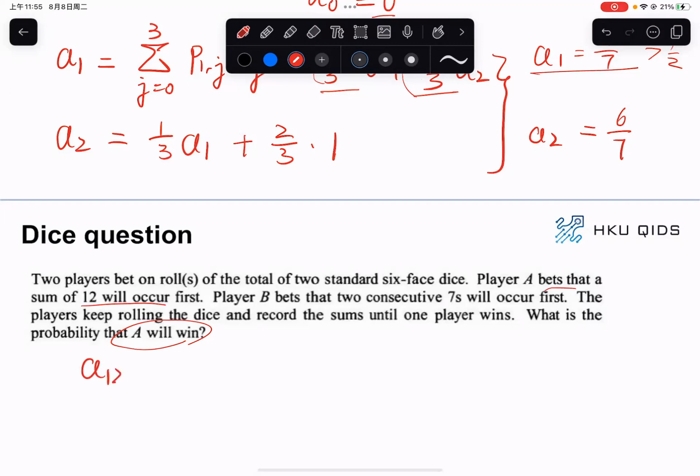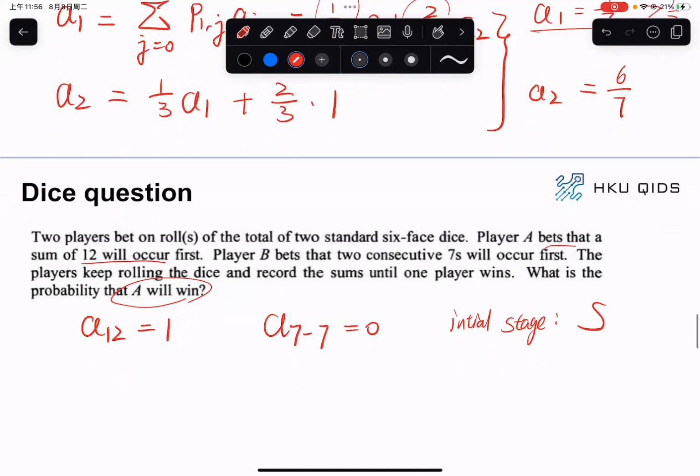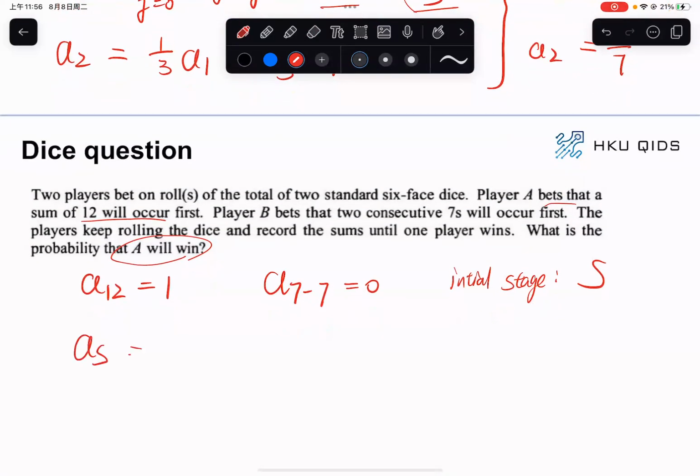So we define A12 equal to 1. And then another absorbing state is what? A77 is going to be 0, right? And let's find the initial state. Let's denote it with S, okay? Then we can have AS is going to be